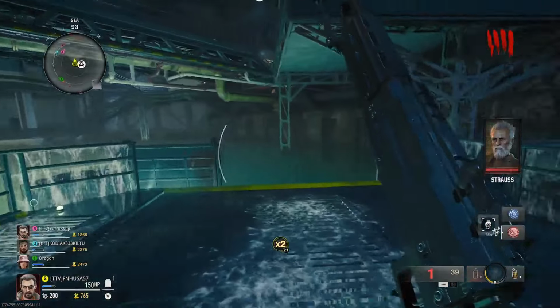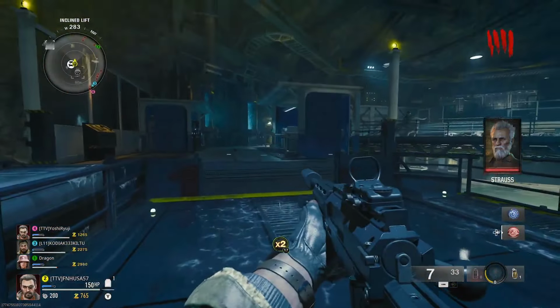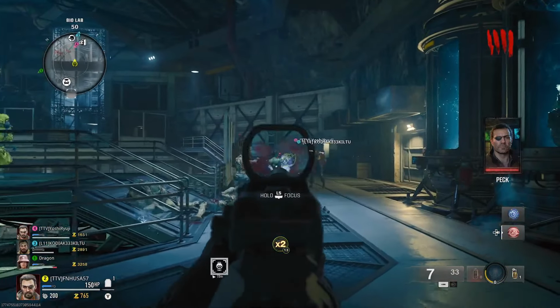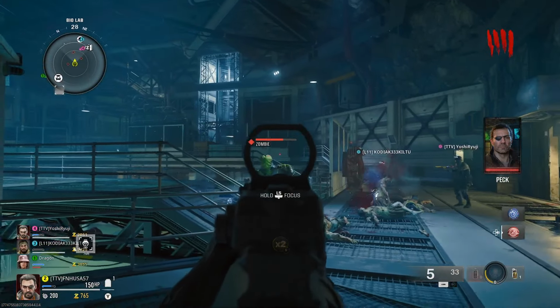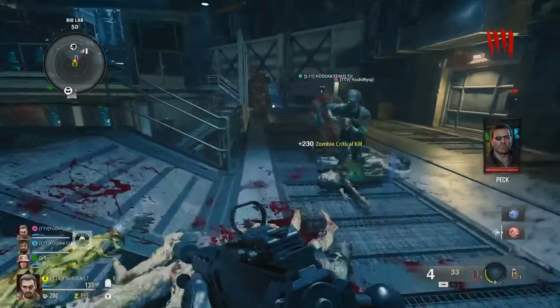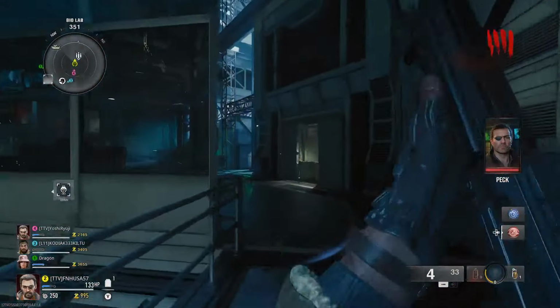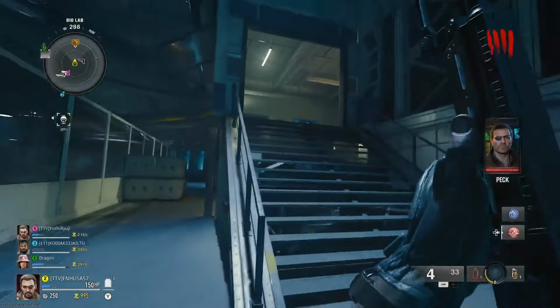That gives you power and Pack-a-Punch available. This lift does change elevation periodically. So now we just kind of need to share points and get salvage built up. That's basically the point that you are stuck at the moment, is looking for enough salvage to get the dead